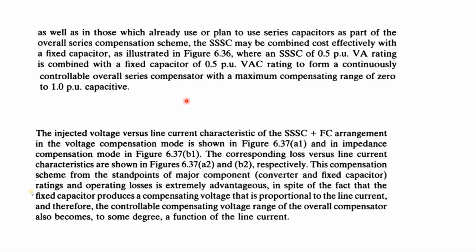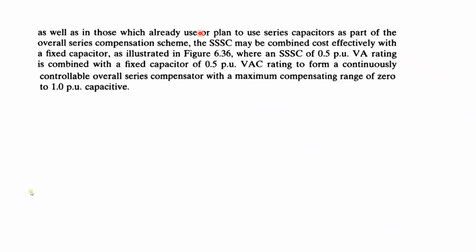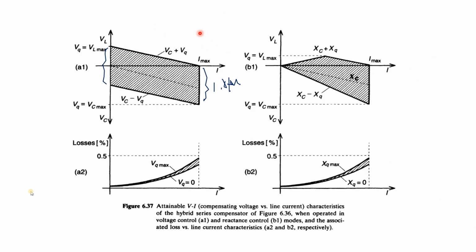As the line current increases, the voltages decrease. Here also we can observe that. But in the previous case, when only triple SC was used, the voltages were independent of the line current. Whatever the line current is, even if it increases from 0 to maximum, the voltage will still reach its maximum value. It does not depend upon the line current. So this is one more drawback, but there is an advantage that we can use 1 per unit instead of 2 per unit.